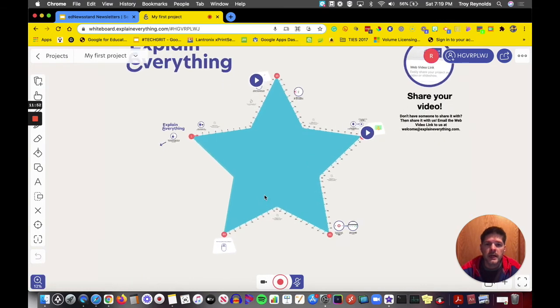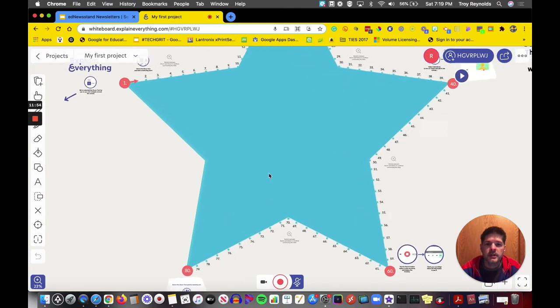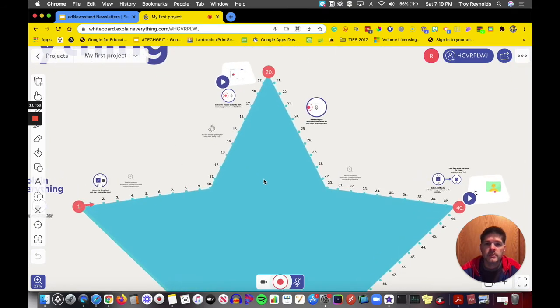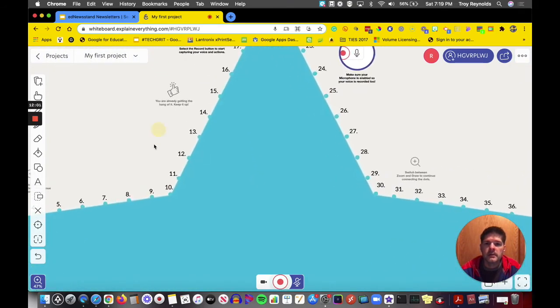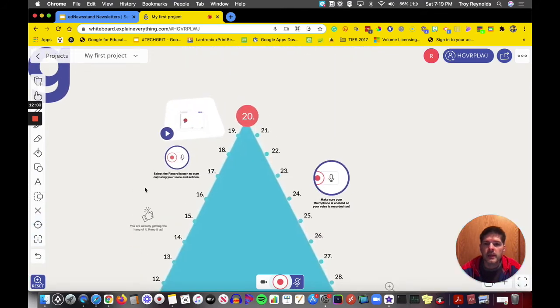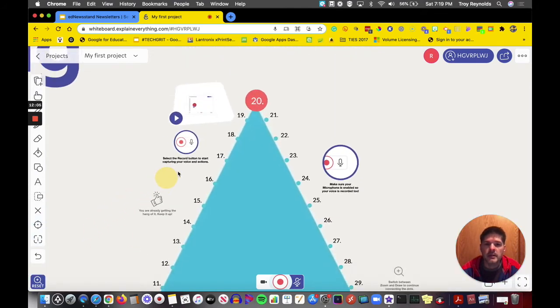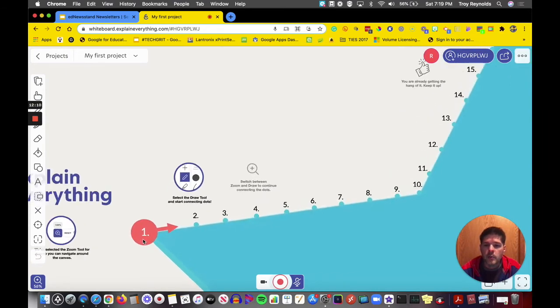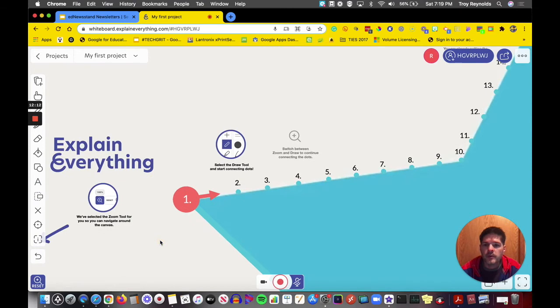If I use my mouse, I can zoom in on my project, and if I click and drag, it will drag me around the screen. It gives me little tips like the video hints to have me play around within Explain Everything. So much like connect the dots, I want to start at number 1, and I can read here about what the tools do. I've selected my zoom tool and I can grab my pen tool and start to connect the dots and work through this star